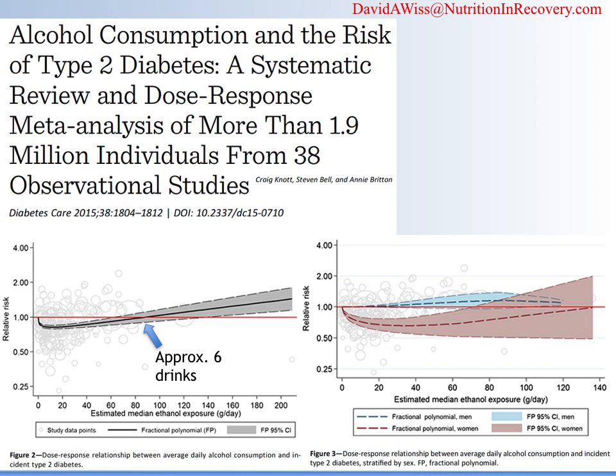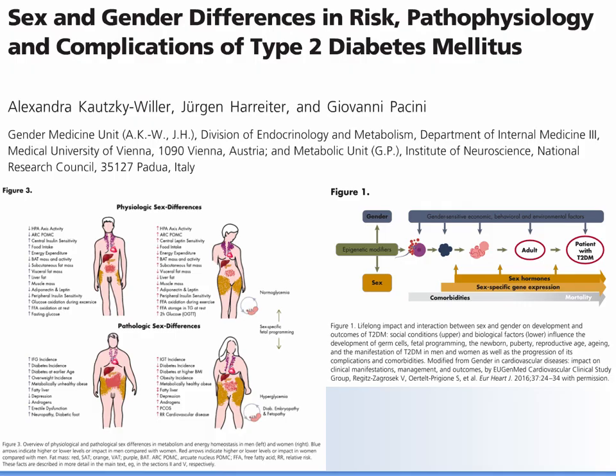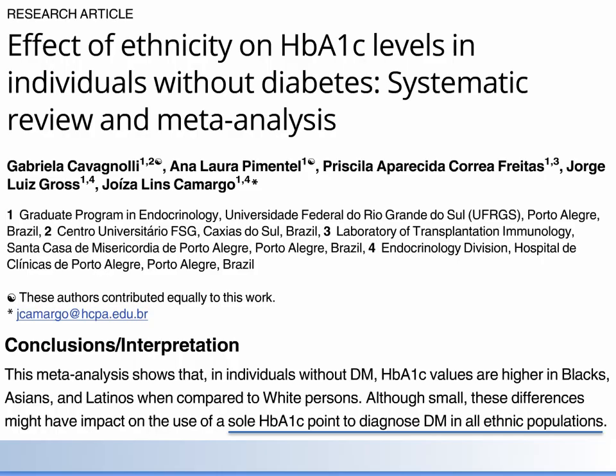And again, it points to this question: is it the way alcohol is metabolized by females, or is it the socio-cultural gender effects of differences between men and women? I do believe that when looking at biological relationships, it's important to always consider social factors. This particular study looked at both gender, which is socio-cultural, behavioral, environmental, and sex, which is physiological, which focuses on hormonal differences, genetic differences, etc.